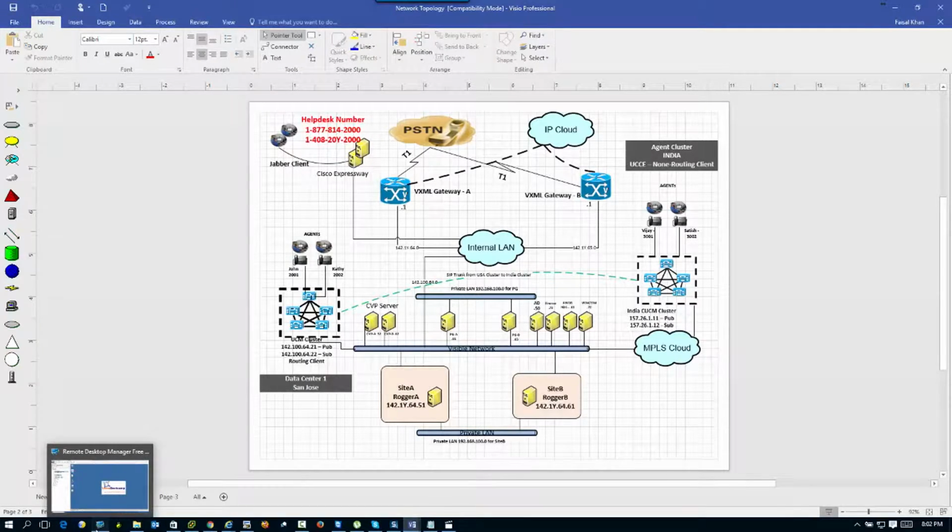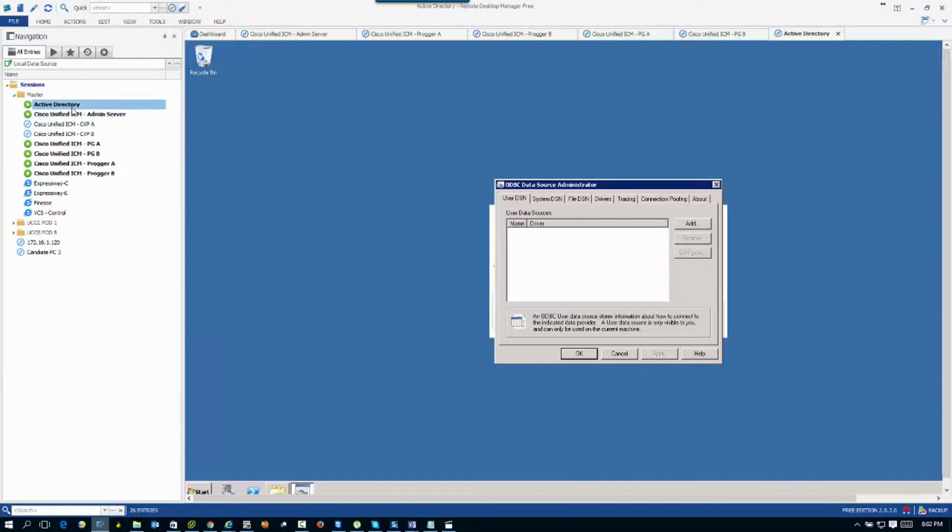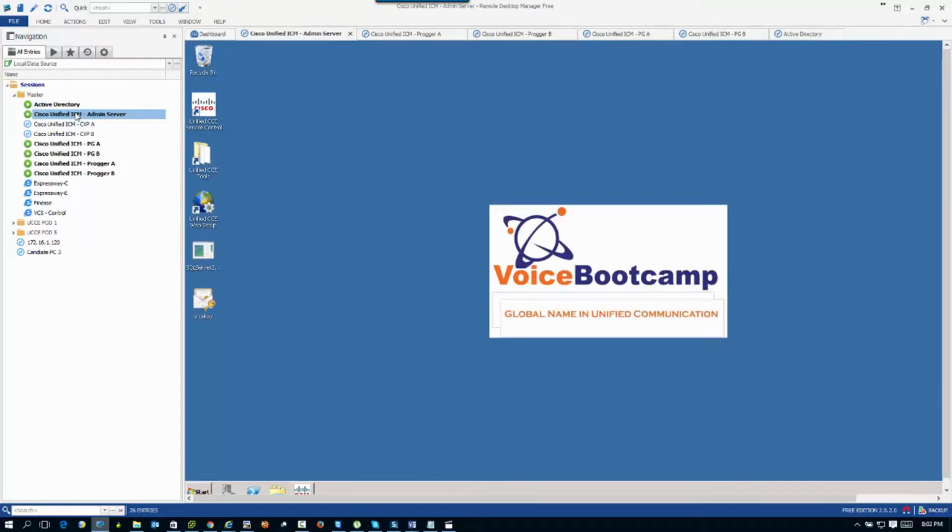So to start with an introduction, I'm going to show you how many servers I'm going to use. I have my Active Directory. I have a dedicated server with admin server that is going to act as the administration server. I have a dedicated server for my router and logger. I have a dedicated server for logger B. I have a PGA and PGB as well. So I've got 1, 2, 3, 4, 5 servers, and each one of these servers has to be a member of